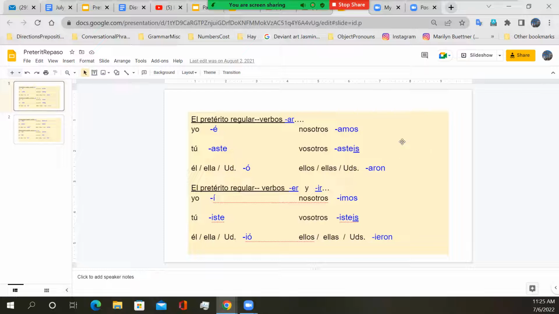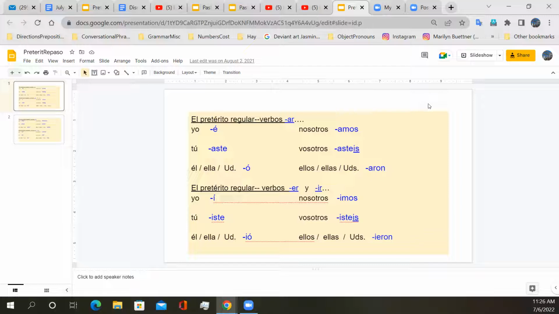But with other verbs, okay, here we go. Regular. We're going to conjugate like we always did. We take off the AR, or we take off the ER, or we take off the IR. And here are the endings. AR verbs are going to use these endings in preterito if they are a regular verb. And do you have to know which ones are regular? Well, yeah, just by practice, you'll need to know. Okay, so